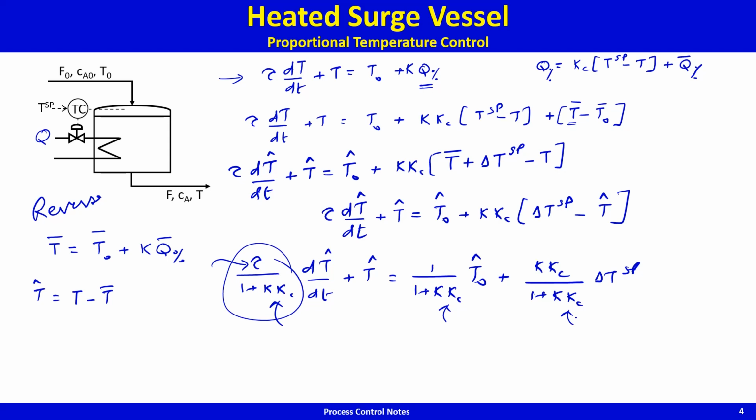Again, you can use the integrating factor approach, but by inspection you can tell that if t naught changes by delta t naught, then, we'll call this tau prime,